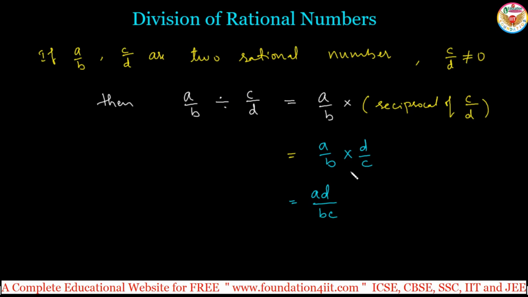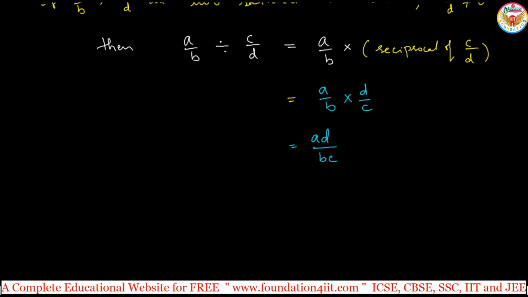Here, if c by d is 0, what will happen? Then a by b divided by 0 is undefined, right? Division by 0 is not defined, that's a rule. And anything we want to divide, the same applies. Let us see with examples. Just remember it is only the inverse of multiplication.